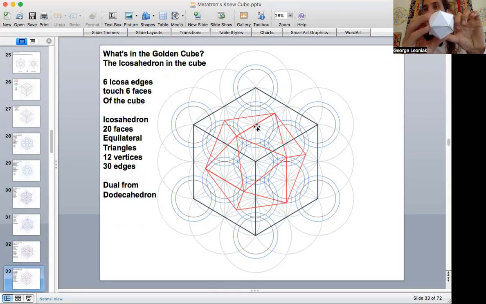This edge that you're looking at is right in front. If I drag it back to the side, this edge would be on this face over where my finger's tapping. And of course, this edge would be butting up to the other one here. So that is the nested icosahedron inside the cube that is showing that Metatron's cube, yes, it does contain all of these,